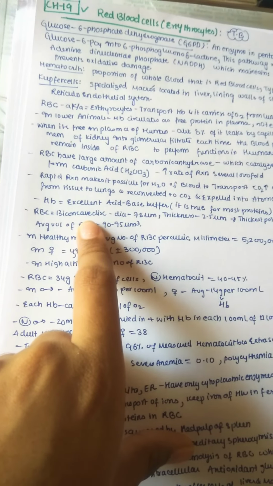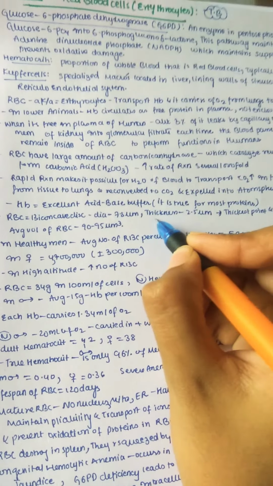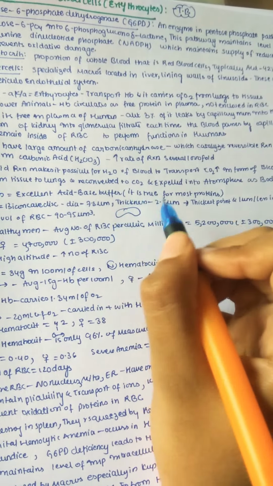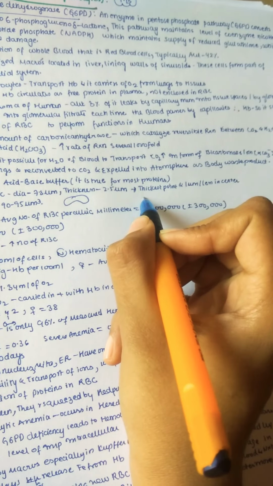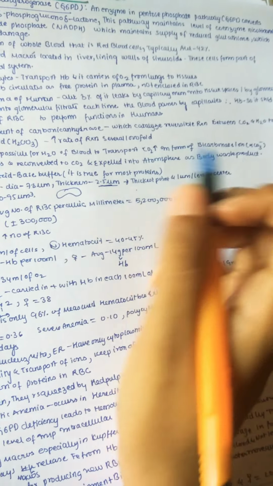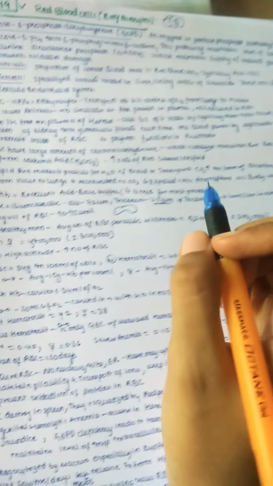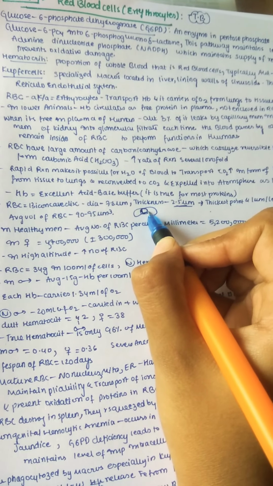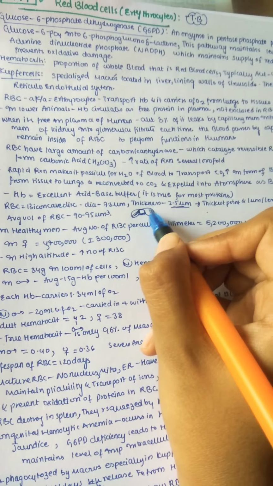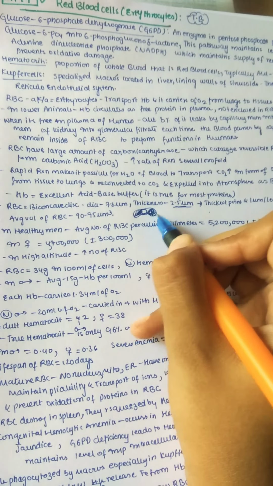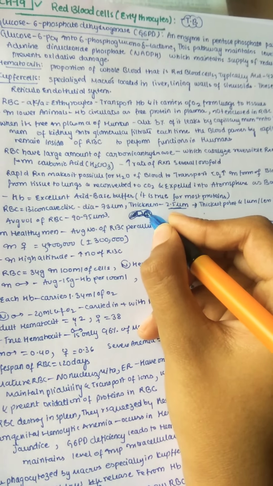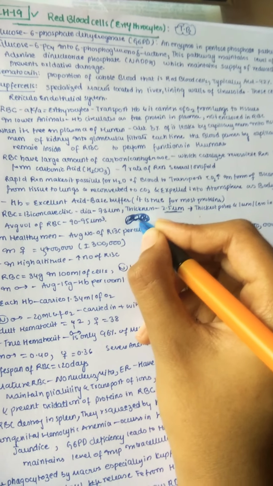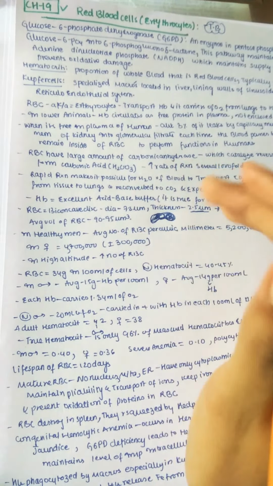And this RBC is a biconcave disc, a shape like this. Its diameter is about 7.8 micrometers, and at the thickest point its thickness is 2.5 micrometers, and it is about 1 micrometer or less in the center. If you see the RBC center, it is pale and somewhat thinner, but on these two sides it is completely filled. So you can see red blood cells, erythrocytes. If you see our red blood cells, it somewhat looks like a bow. In the middle it's pale, and on the sides completely filled with red cells.